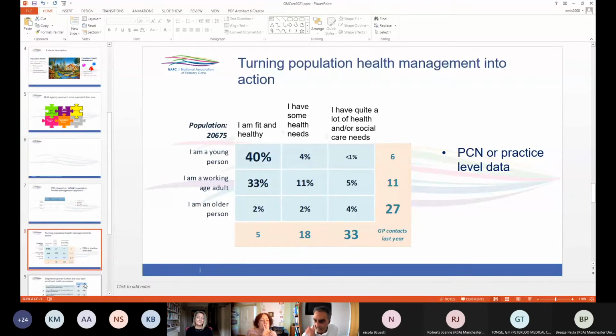Now that wouldn't be a surprise to anybody, I'm sure, Joanna, that wouldn't be a surprise to you. But if I look at that top right hand box, that's less than 1% of the population. We're actually talking about numbers here around 400 people. So these are young people with significant health and or social care needs, perhaps. So 400 people across a population of 20,000, we know who they are, we know where they are,